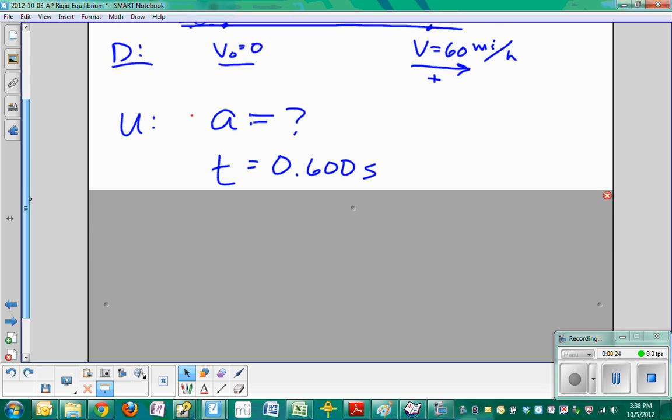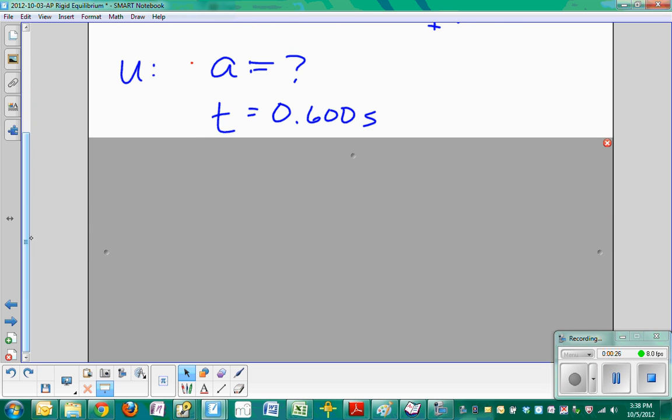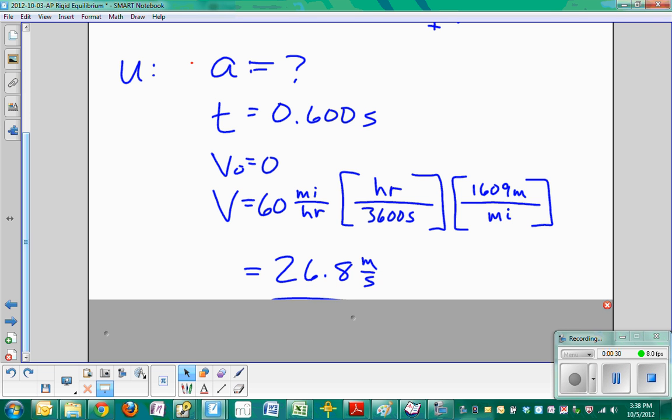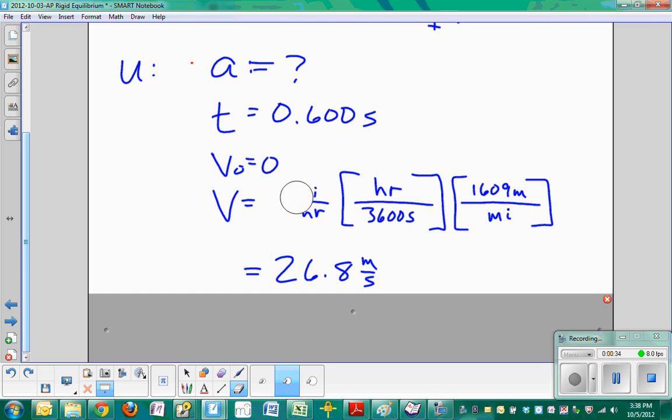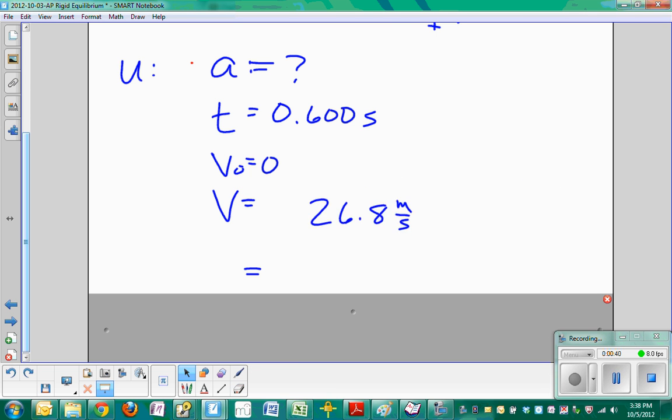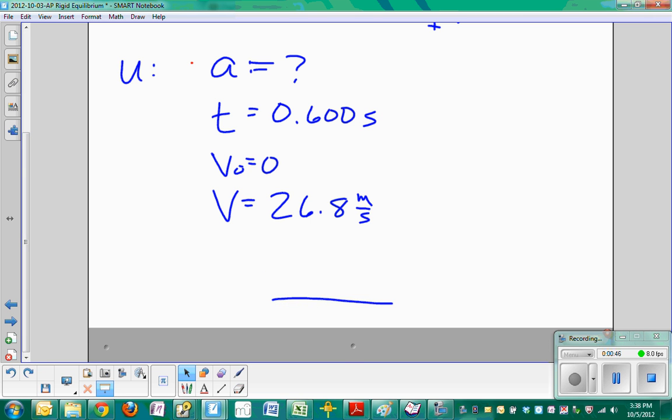Acceleration is our what we want to know thing. Time is 0.600 seconds. Other stuff is the same as last time. We just have 26.8 meters per second. No need to do all that again. We did it. If you didn't see that part, go back and check out video A, problem 21, part A. All right, so now what we're going to do is we just set all this up,